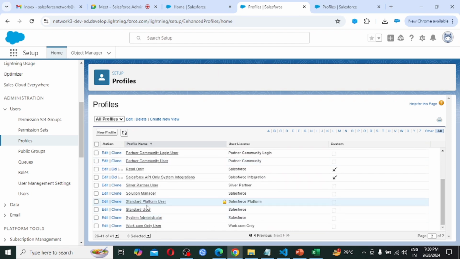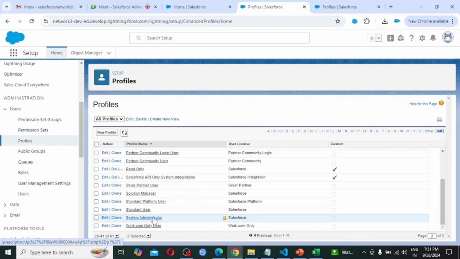At the end we are able to see Standard Platform User, Standard User, and System Administrator. We are concentrating on these three profiles only, as these are standard profiles created by Salesforce and given to us. When we create our own profile, that is going to be called a custom profile.